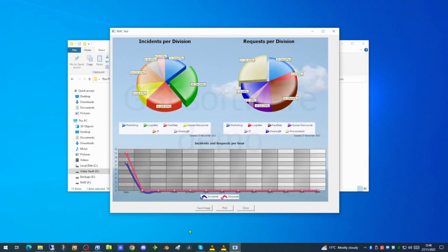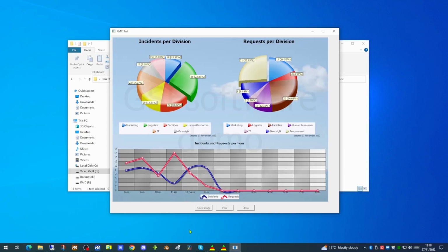This was our project dashboard at the end of the last video. We have two pie charts and a line chart with two sets of data. The first pie chart and the line chart at the bottom of the dialog are both updated dynamically every 3 seconds. What we're going to do today is to look at additional features of RMChart to allow us to put custom objects on the screen. So let's have a look at the code.